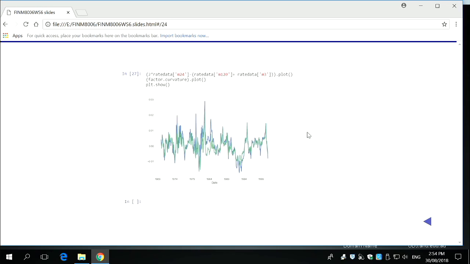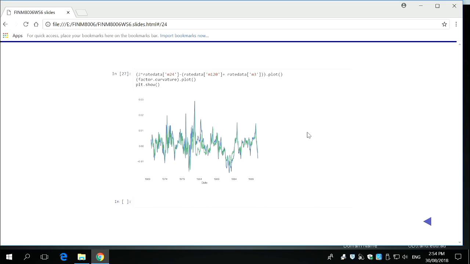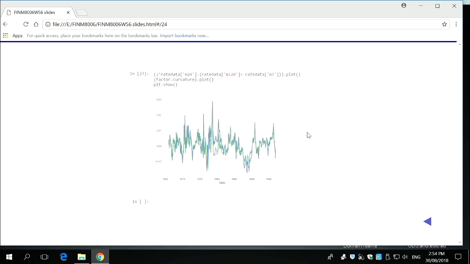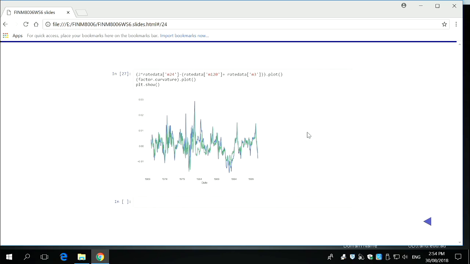So, in fact, the factor structure in the yields, or in the interest rates, is much easier to interpret than the factor structure in equities or stocks, right? We can interpret them as the level for the first factor, slope for the second factor, and curvature for the third factor. And the top three factors actually explain 99% of the variation of the interest rate yields. How do I know? I can look at the lambda, right? Lambda just gives me